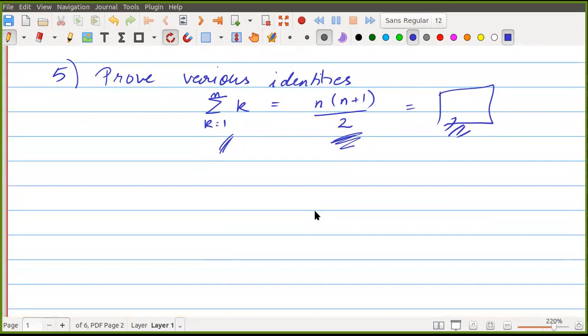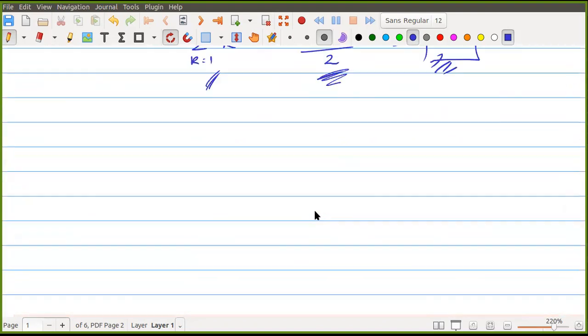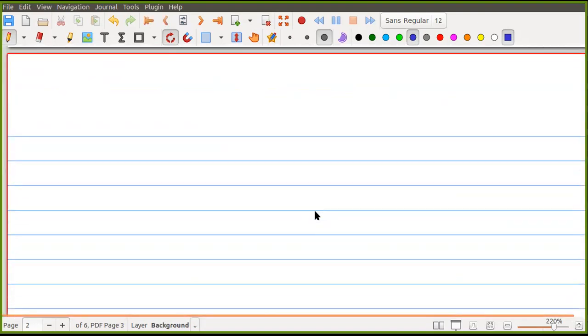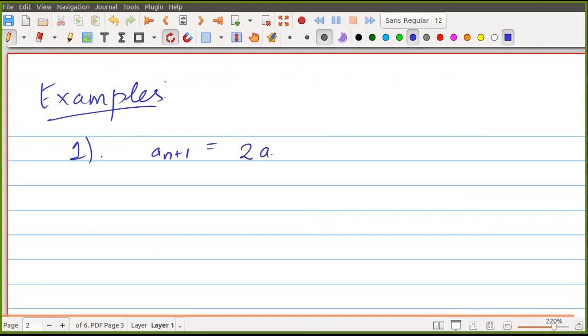So let's start with the baby example for generating functions. First one being the simplest, which I could think of is, let's say a(n+1) is 2a(n),